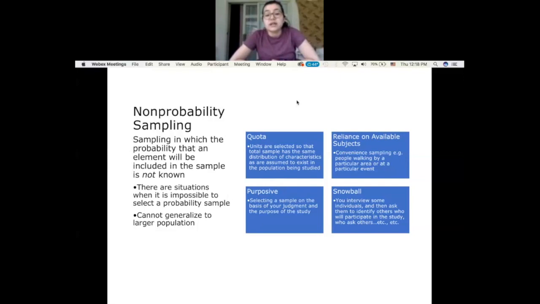So non-probability sampling is not necessarily worse than probability sampling. It's just different in that we can't make massive generalizations about the population we're interested in. It's more of an exploratory study that can happen. So for example, like my BA thesis for undergraduate, I interviewed police officers and people who were formerly incarcerated about their thoughts